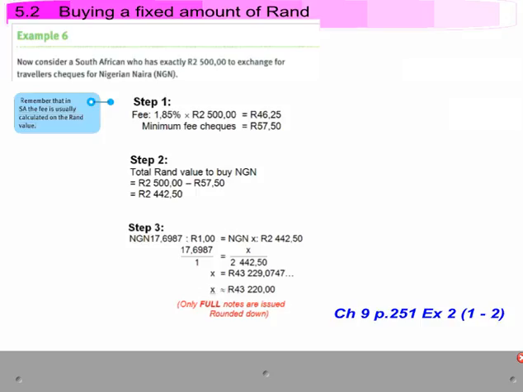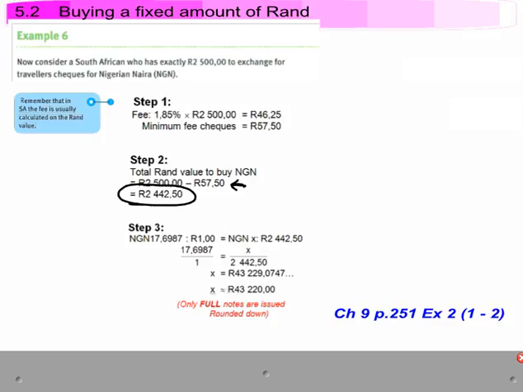I add it, but there was a minimum fee. Okay, so I've got to take the fee off my rand value. So I subtract here, I subtract the 57.50. I now only have 2,442 rand 50 that I can buy